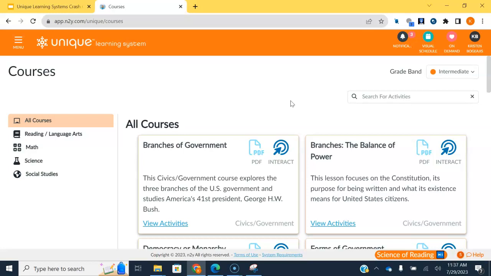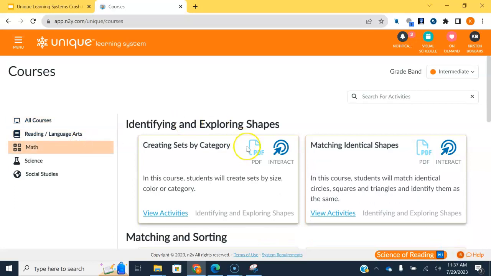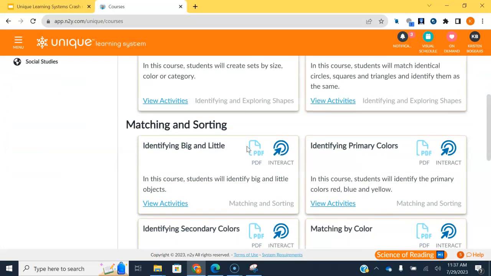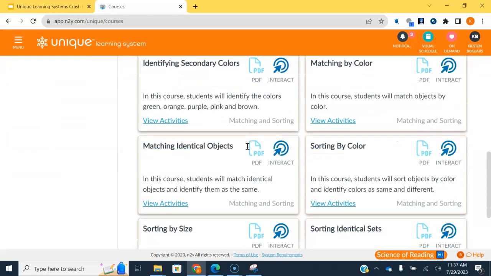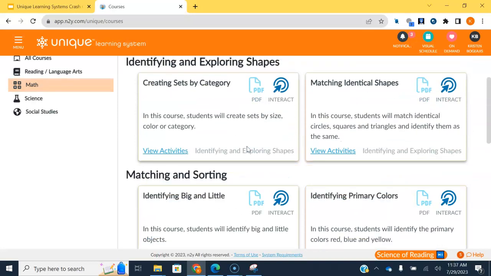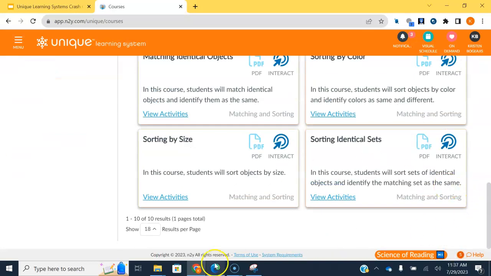So that's why lessons are great for reading and math, because they're all encompassing and they hit as many standards as possible. Science. In this area, I really like to focus on science and social studies. You can do it with math and reading. If I click on math, it's going to have different courses, and they're broken up by the different umbrellas for each of the standards. So if you're working on matching and sorting, or if you're working on identifying shapes,